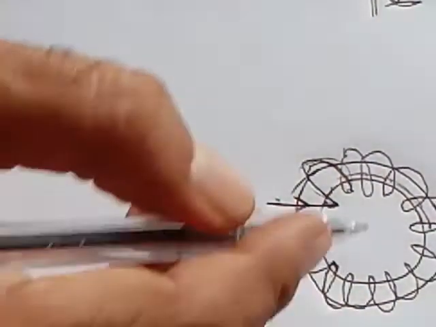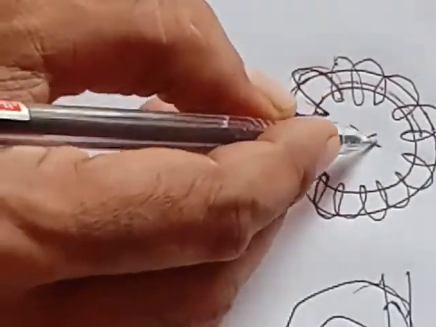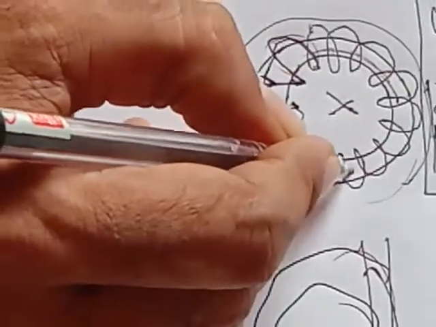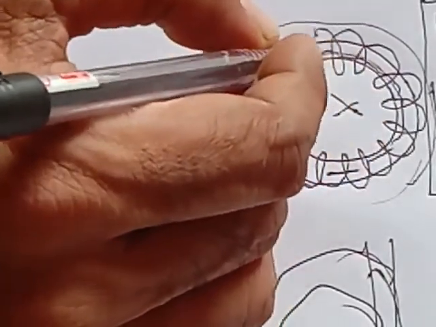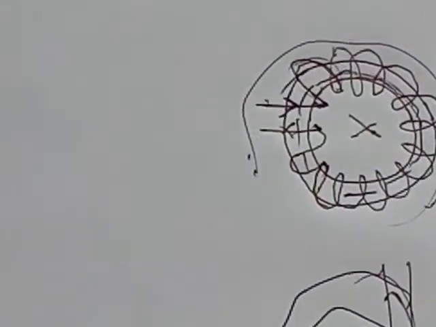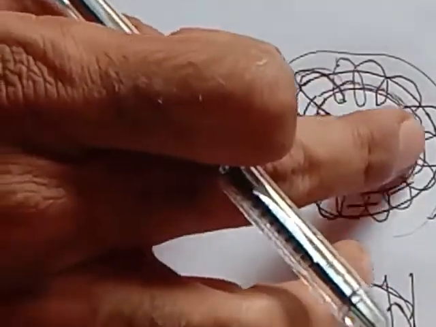The magnitude of magnetic field anywhere outside this circular ring or inside the circular ring, empty space, it will be 0. So what it says? It says that at this particular point and outside, magnetic field will be 0. So where the magnetic field will be maximum? Inside the circular ring.